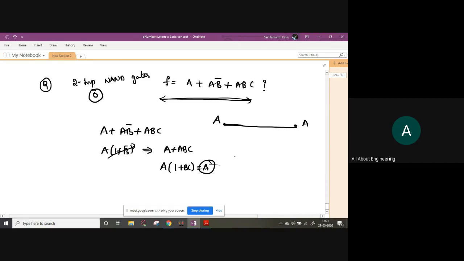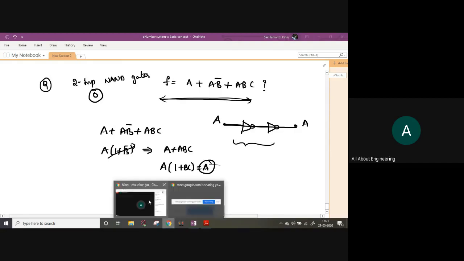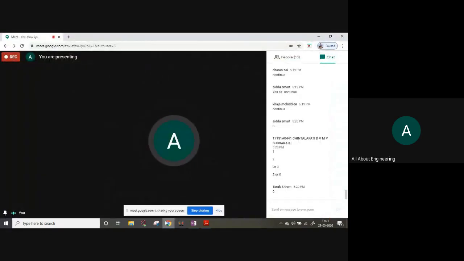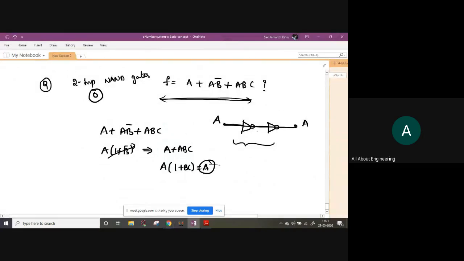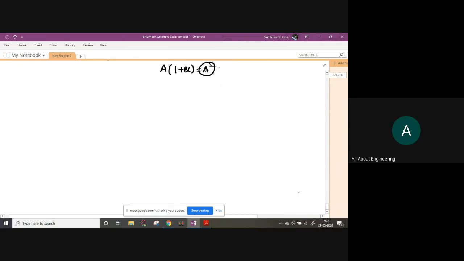It's not like you're trying to connect a buffer here, so no need. Being an engineer, you should simplify things, right? For a simple wire connection, why are you complicating things using concepts like inverter and all? It's not like you have to mandatorily use gates, but if it's not required, then you don't use gates and you give the answer as 0. But don't try to give 2 as the answer. That's why I asked this question, because it's a little tricky. So one more very important question I'm going to ask now. You try this on your own and try to grab the concept from this.